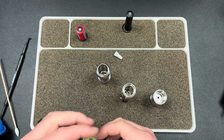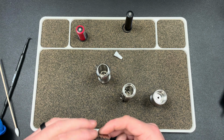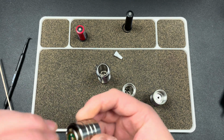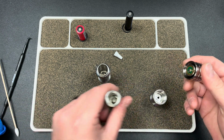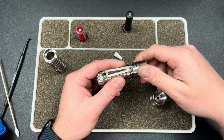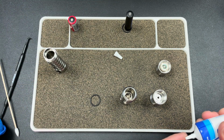Just so it's not bare, you know. And then what I'll do is I'll screw this in so I can get some of that on there. Also protect everything from getting too